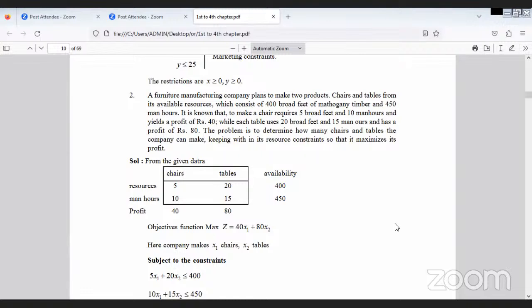So a furniture manufacturing company plans to make two products, chairs and tables, from various available resources, which consist of 400 board feet of mahogany timber